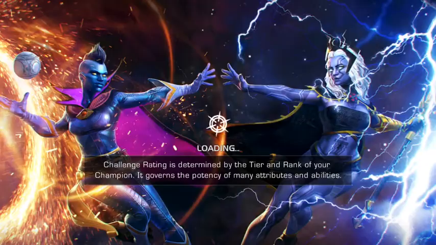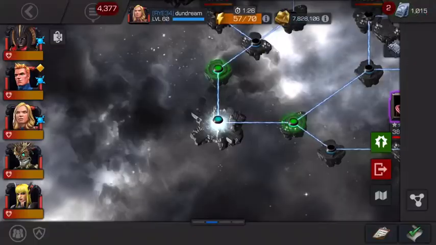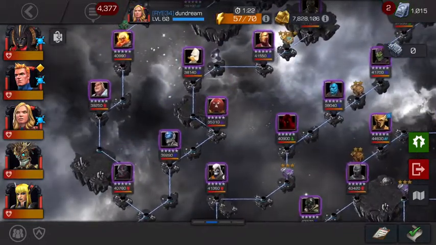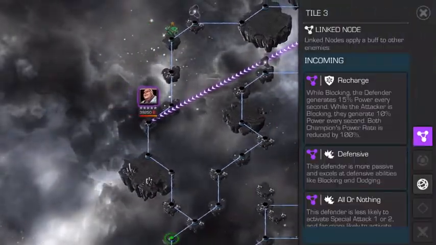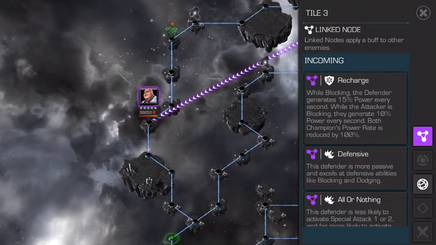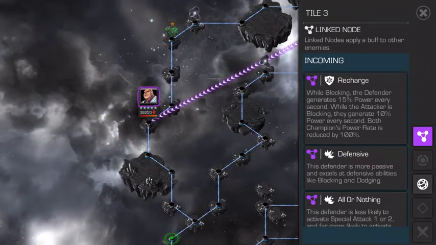Then you get into the final map, final boss, and this one is probably a little bit easier. The inner path here is a little bit more difficult, and the outer path is a little bit easier. You can either go the left one, which is recharge and all or nothing, which basically means you don't generate any power from hitting. You just hold block,